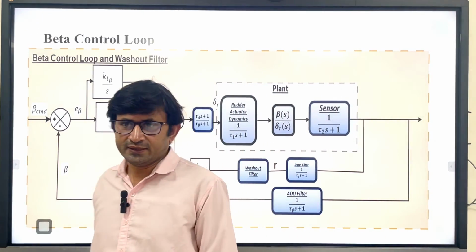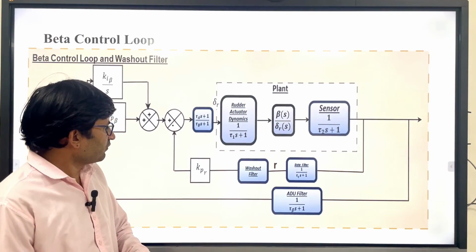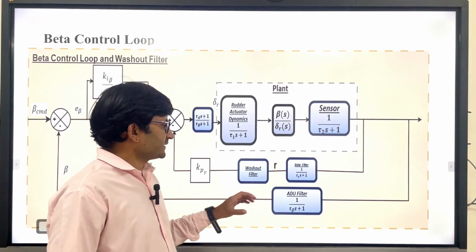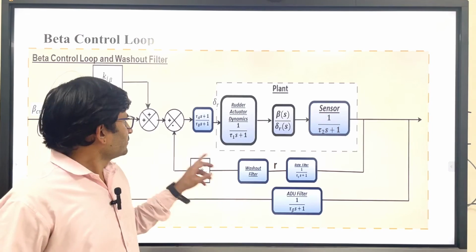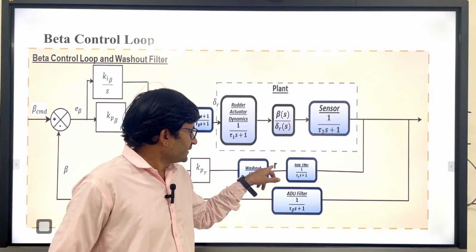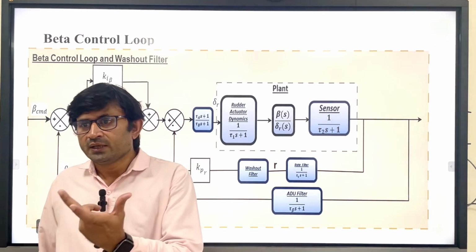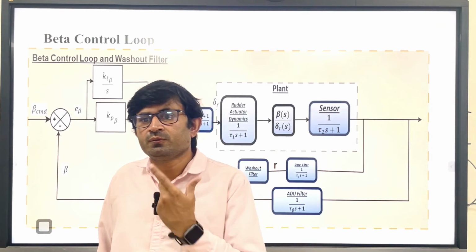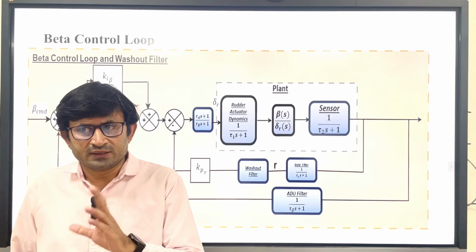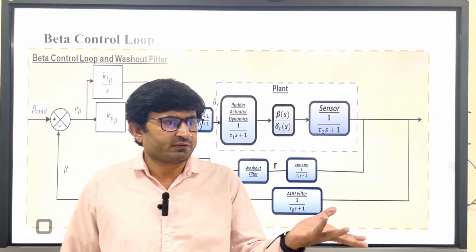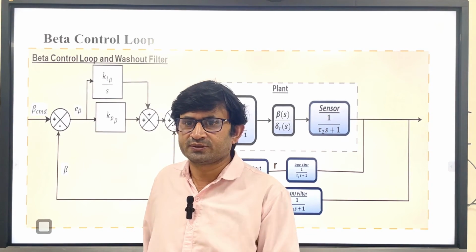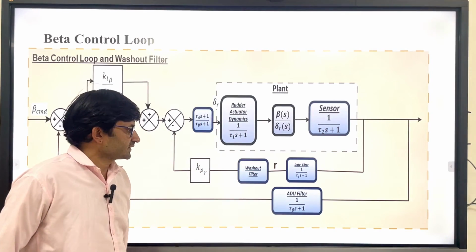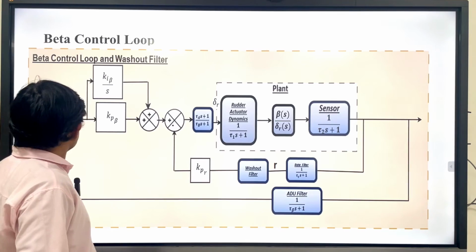So all the part is clear, right? Here you can see the washout filter is sitting there, though I will explain it in the next class, no problem. That's a different technique. Using this r also you can find out a rudder deflection in order to damp the yaw motion. Generally you will find in the Boeing 747 aircraft, or most commercial aircraft, a yaw damper using this washout filter. Next class we will discuss it more, but in today's class we will be focusing on